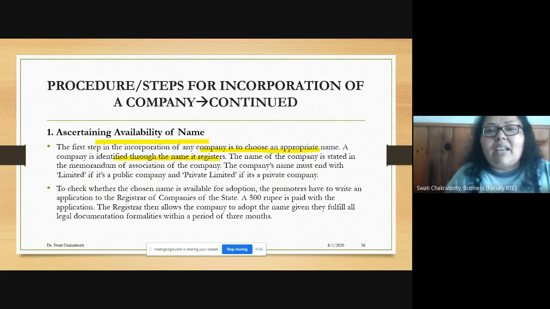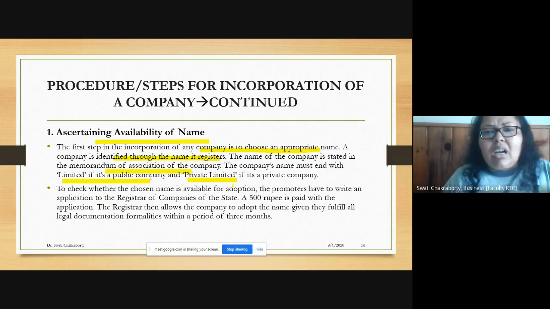It should be there, and it should be mentioned in the memorandum of understanding. The company's name should end with "Limited" if it's a public company, and "Private Limited" if it's a private company. Okay,